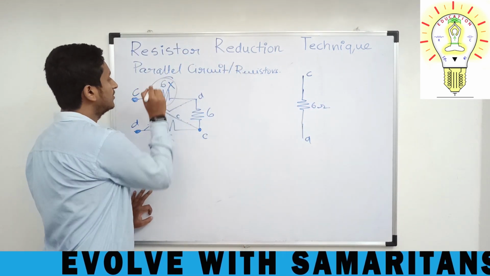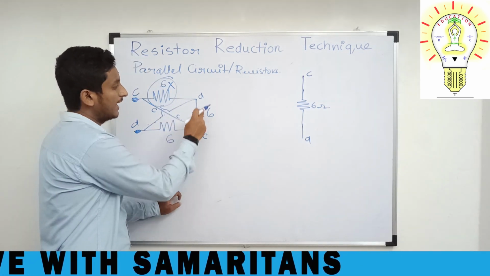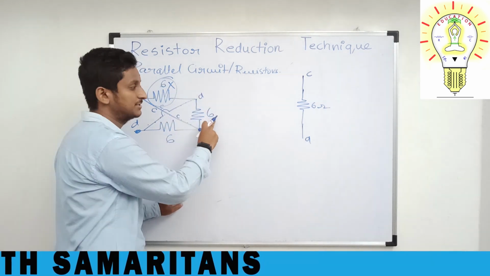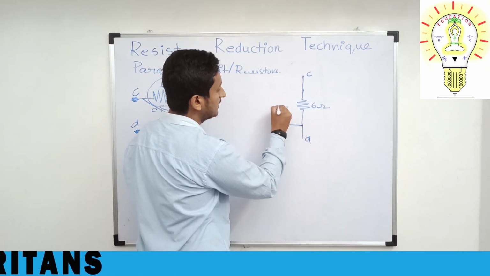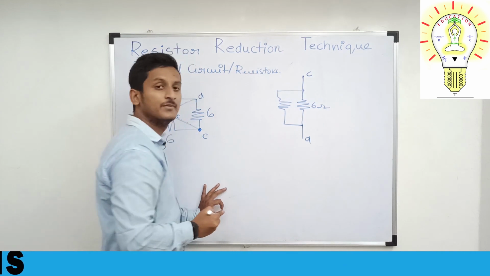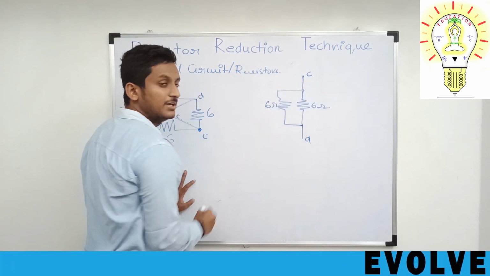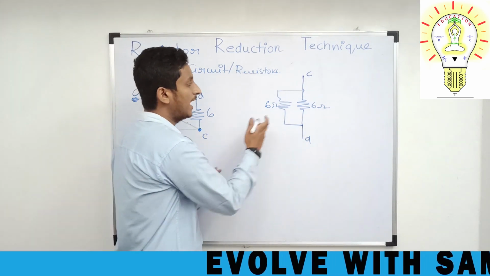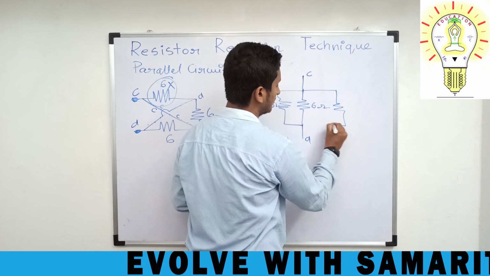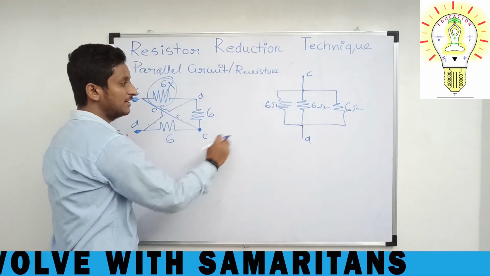Now cancel this resistor here. As you have drawn, you just cancel it or else you just circle it. Okay. Next one. Again D to C there is one more resistor. I have to draw one more resistor from D to C like this. See, from D to C again I have drawn a 6 ohm resistor. Now again from C to D there is one more 6 ohm resistor. I have to redraw it again. Isn't it? Now see, the entire part is in parallel.